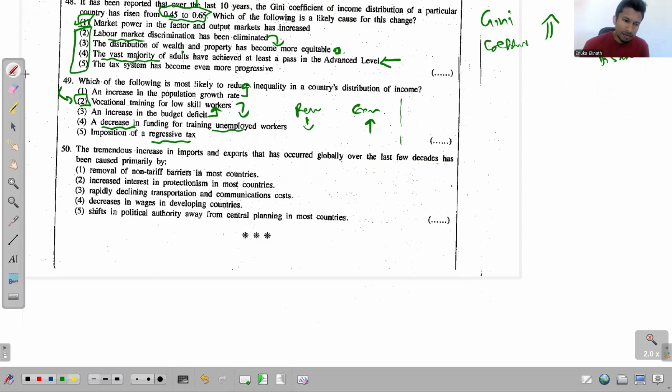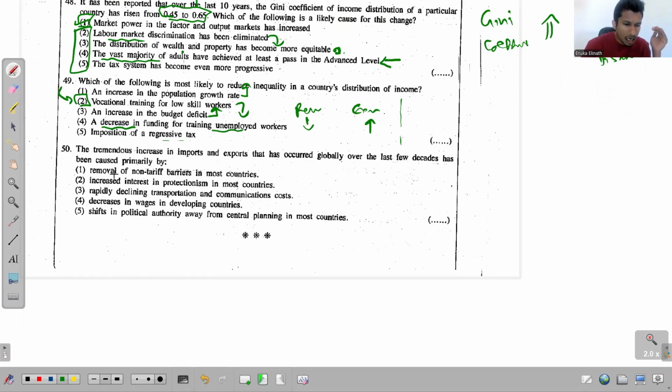Right, the last question 50. The tremendous increase in imports and exports, the significant increase in international trade simply has occurred globally over the last few decades. Yes, that's true. Has been caused primarily by